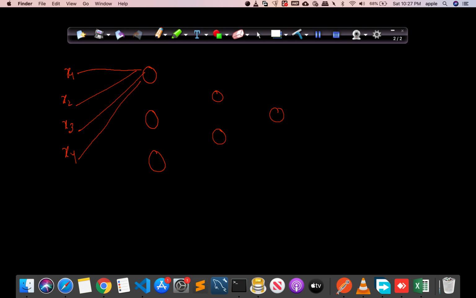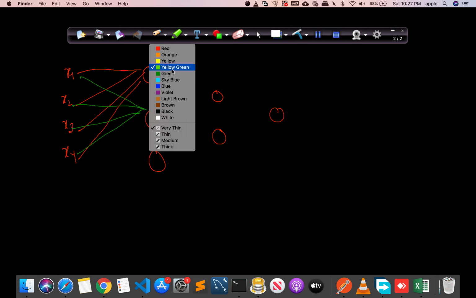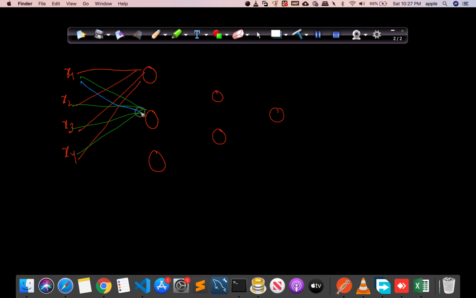This neuron will also get all those inputs, and this neuron will also get all these inputs. Just remember that all these connections will have the appropriate weights. We will see all of that in our next videos. This is just the introductory video, where I explain what multilayer perceptrons and perceptrons are.